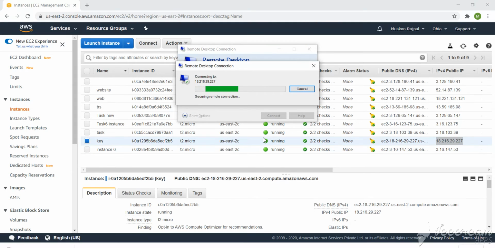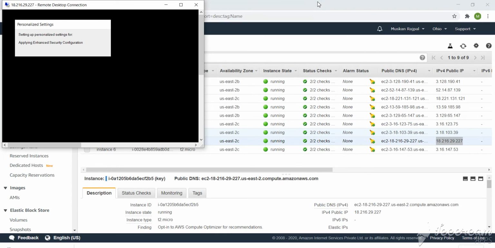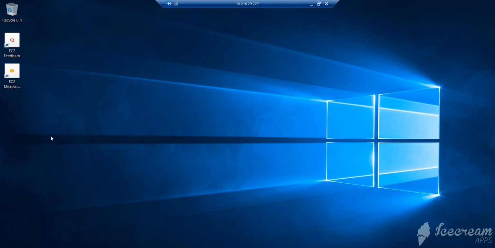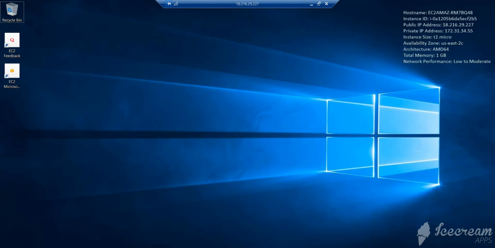As you can see, this is a different desktop from our desktop. You can also minimize it, and you can see that this is a different desktop and different work. It will take a few minutes to go through all the details and all the bars in it. You can go to Internet Explorer to see the internet speed of it. It is totally different from our computer. It is a totally new desktop. We are using some other computer on the internet, so it is totally different.